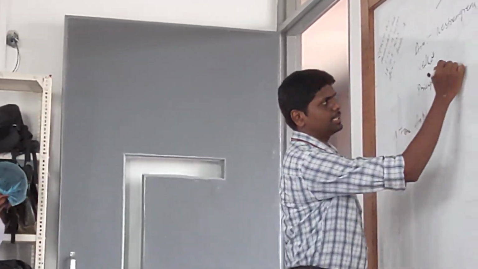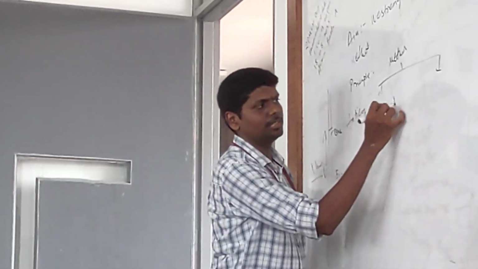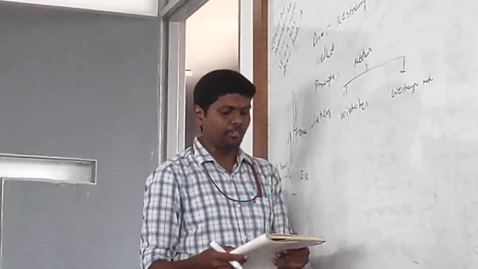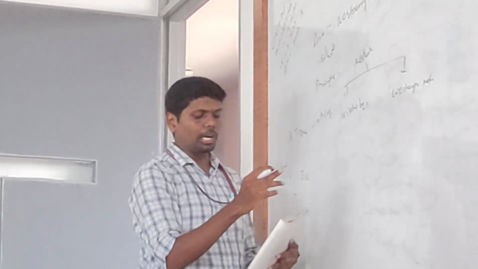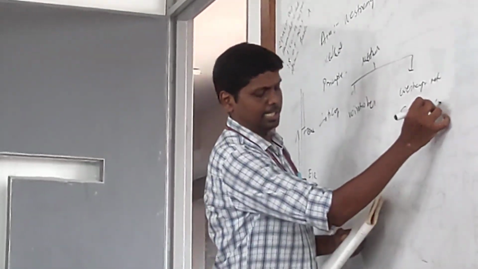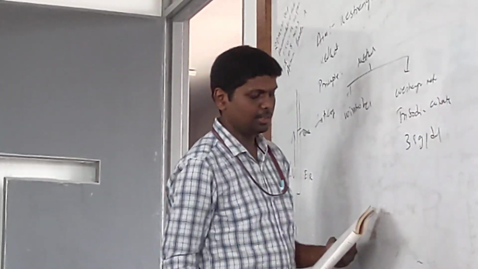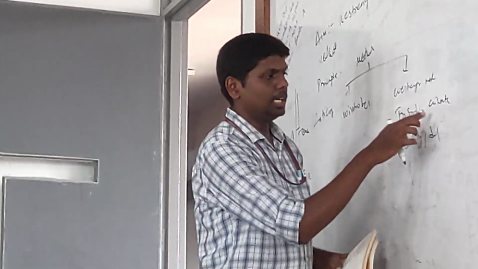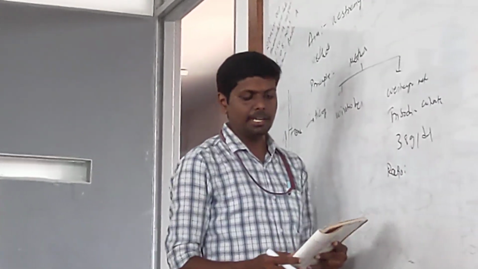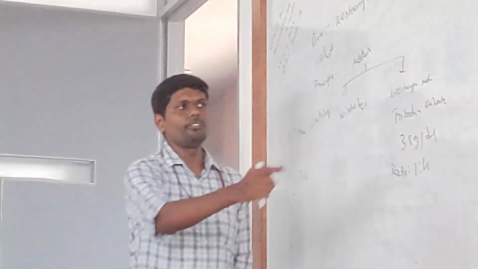So there are two methods of ESR: Wintrobe's method and Westergren's method. In case of Westergren's method, the anticoagulant of choice is trisodium citrate, 3.8 grams per deciliter, and the ratio of this anticoagulant is 1:4.